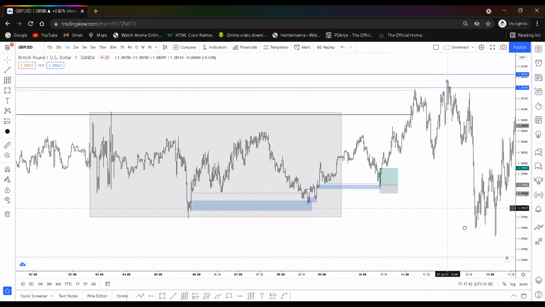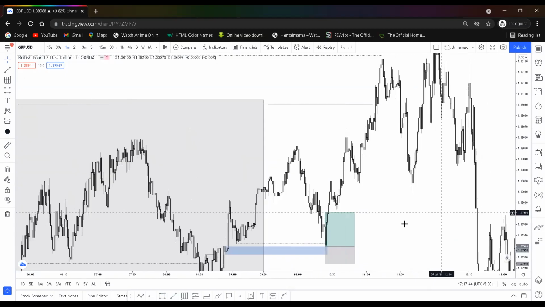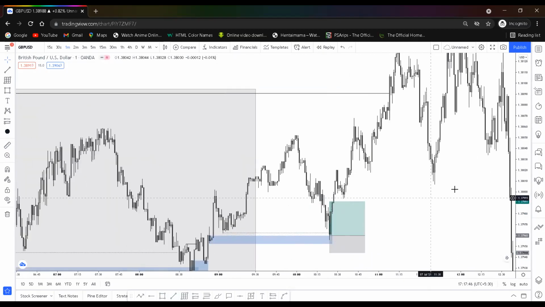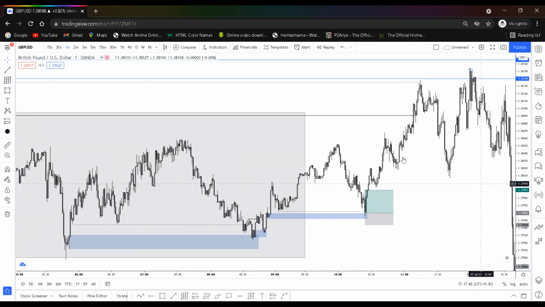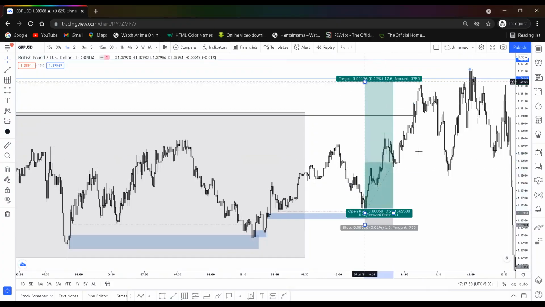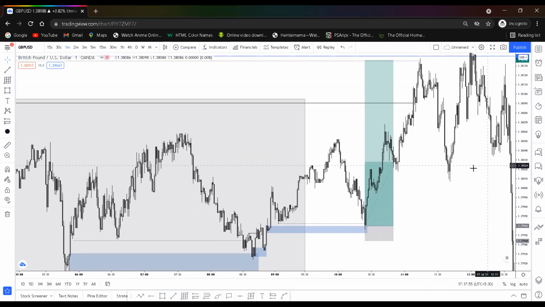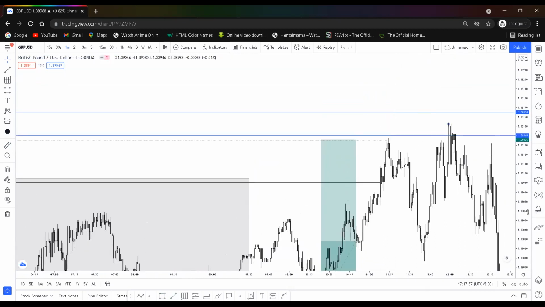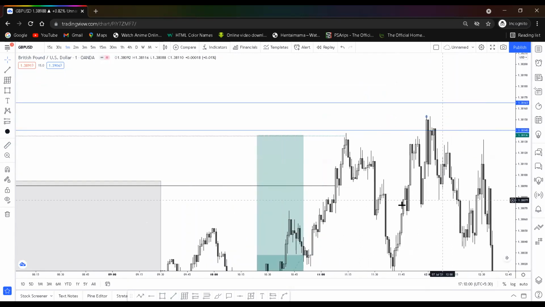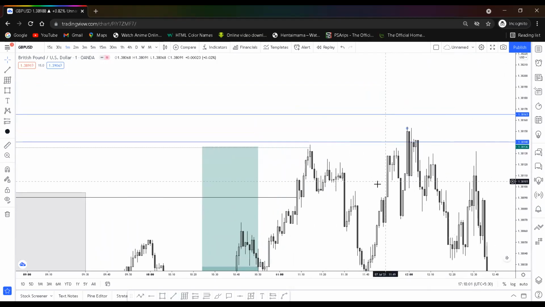Wait, before that I'll show you this. Now if we buy from here, we know that we need to target the trap. We're targeting this right here, the trap. But you see this, they're doing this inducement thing again and again, because